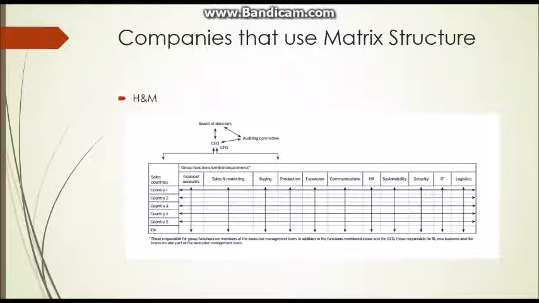Hennes & Mauritz, also commonly known as H&M, utilized a two-dimensional matrix structure to facilitate the business process of their multinational clothing and apparel organization. H&M's matrix structure is made up of the executive management team and the country managers. The executive management team is responsible for finance, accounts, buying, sales, marketing, production, sustainability, expansion, etc. Meanwhile, the country managers are responsible for sales, profitability, and all departments in their country. By combining linear management and functional management,